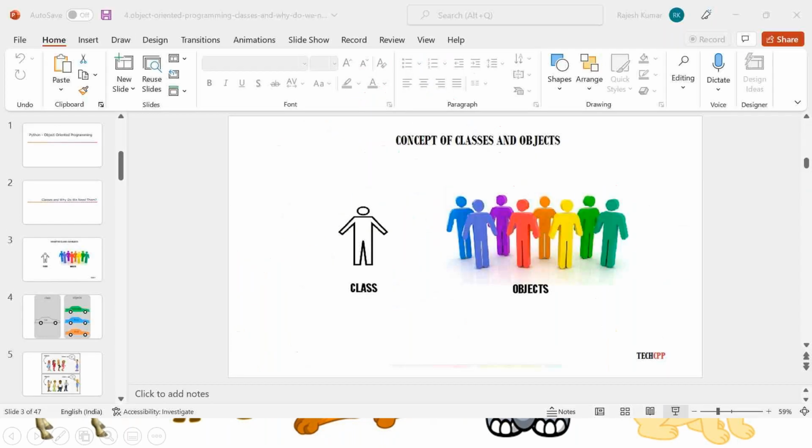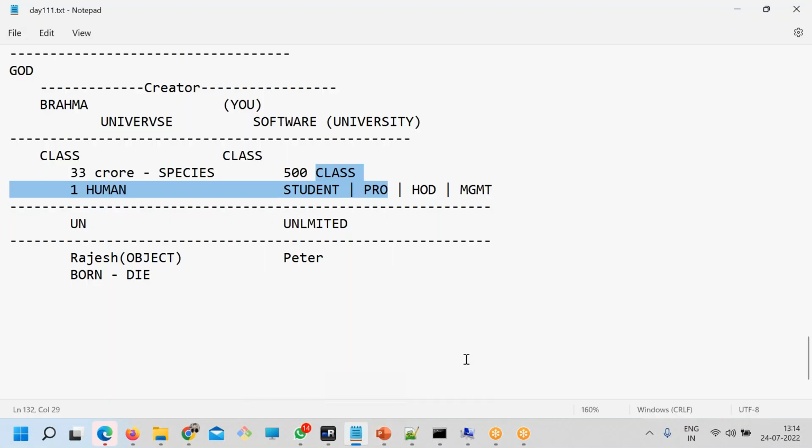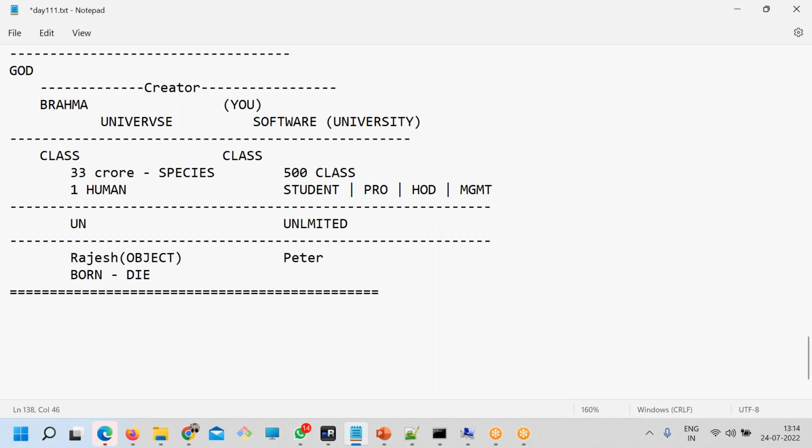Yes. Okay. So now you are an object. I am an object. We all are objects. So now the first thing has come. Now Brahma thought for the universe, just like you will also think for the software. So object, property.